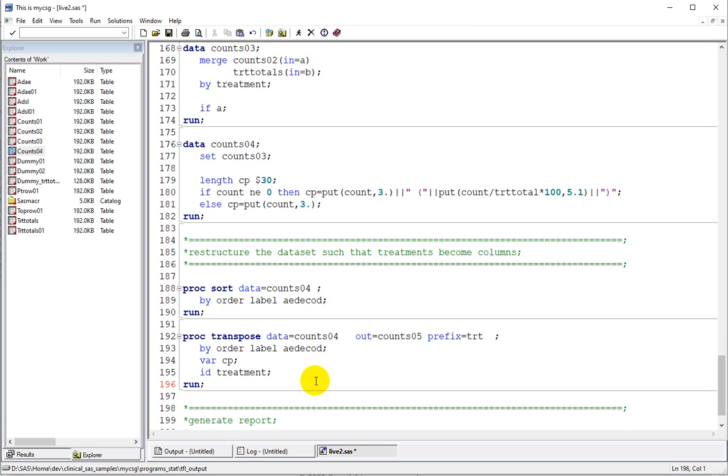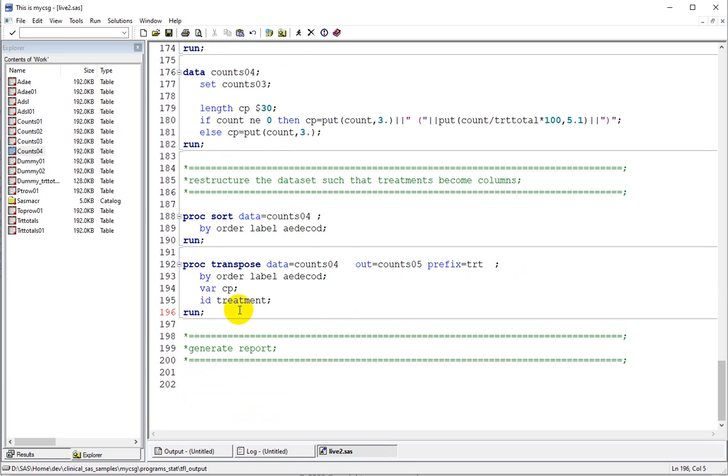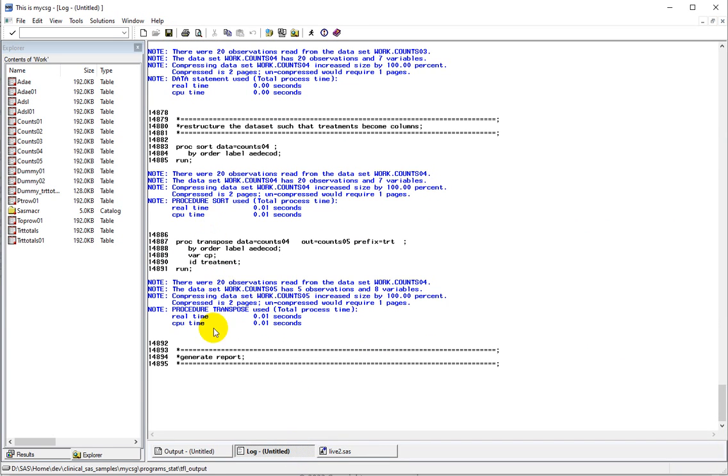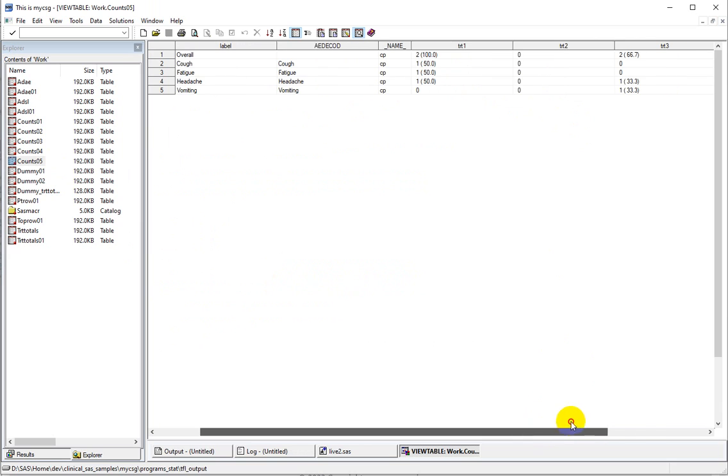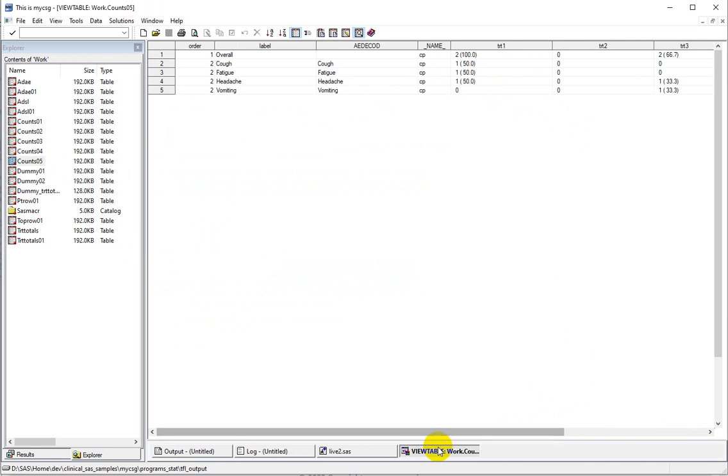So we don't need this empty var, so I'm removing that. Let us run this code till this step and see how it goes. Everything ran fine. So we have our count 05 wherein the columns are restructured. Now all we need is to